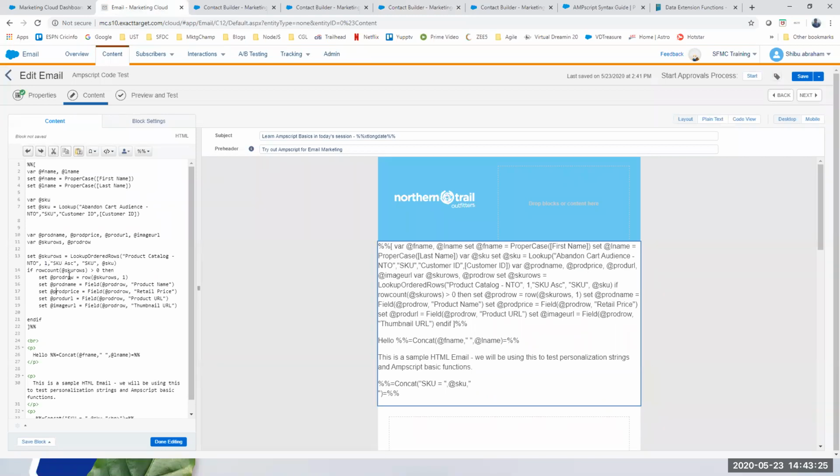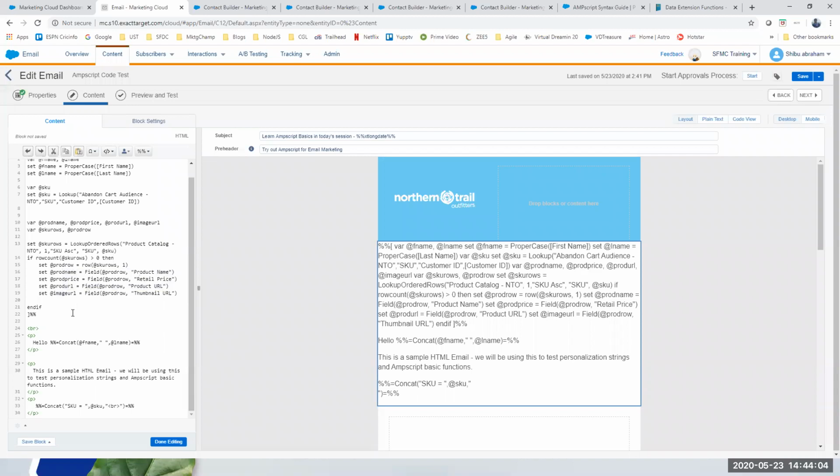Once I bring that back, I'm going to check how many rows were brought back with the row count. If it is more than 0, then I only want the first row. So I'm going to assign that particular row to this product row variable. Then once I have that single row that I want to work with, I'm going to use that to get me each of those four fields. I've already declared the four variables that I want to get the data in. So for the prod name, I will use that prod row and say, give me the product name from that row, give me the retail price from the row that you retrieved, give me the URL for the product, and give me the thumbnail URL, and I'll store that over here.